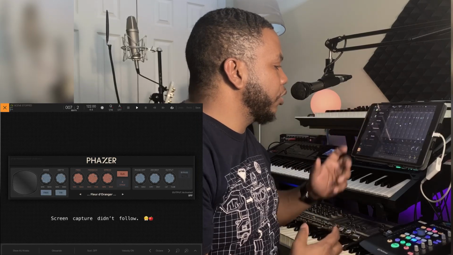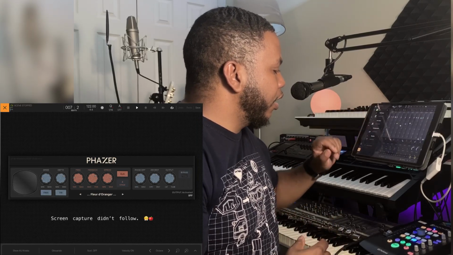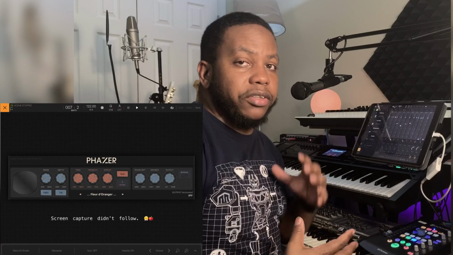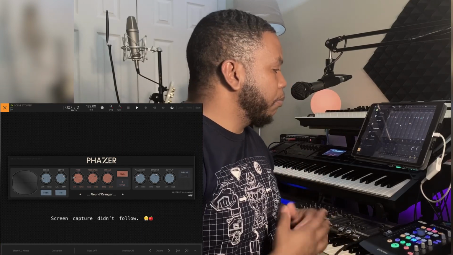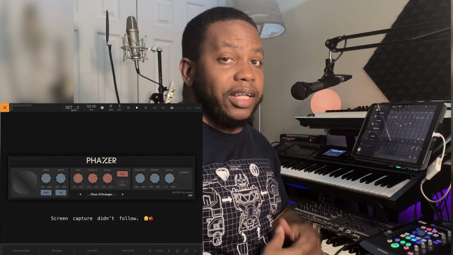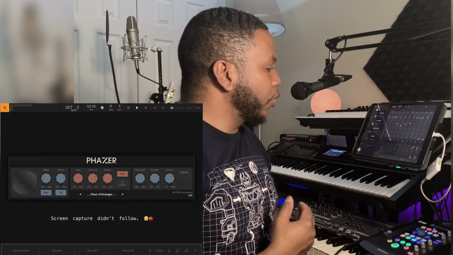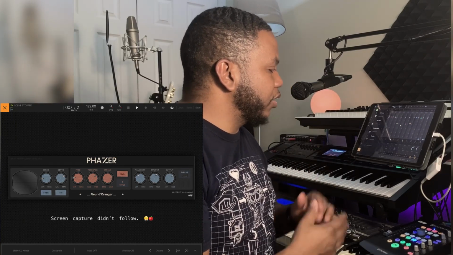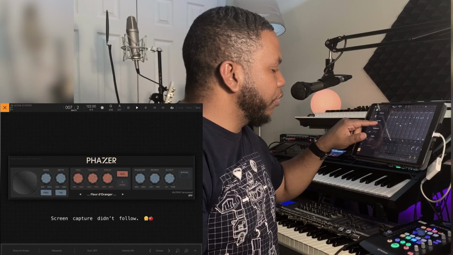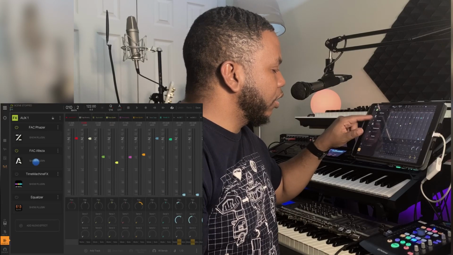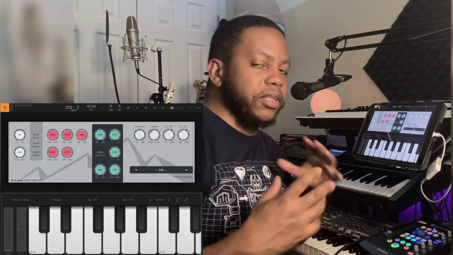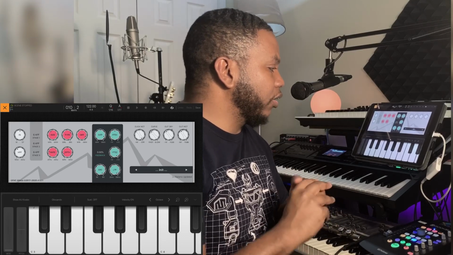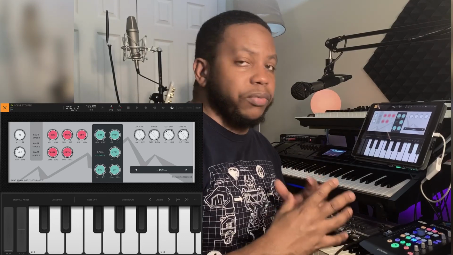Alright, the next thing I wanted to do is add some reverb. Originally I used the Toneboosters Reverb, but I felt like it was too tame. I needed something a little more wild. So I went back to the FAC Alteza reverb, which is right here. Alright. And this reverb is nice. It's really dope, and it does some different things with reverbs